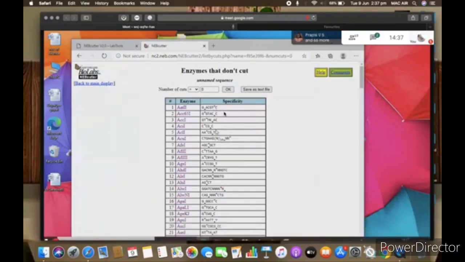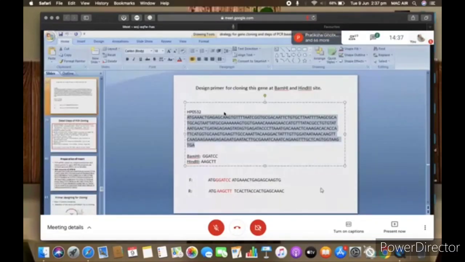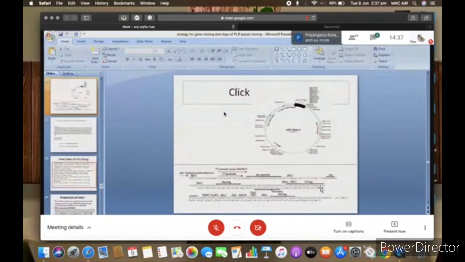There are no restriction sites for AatII, Acc65I, AccI. So you have to search the zero cutter list of your gene.